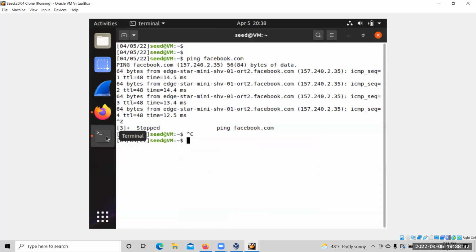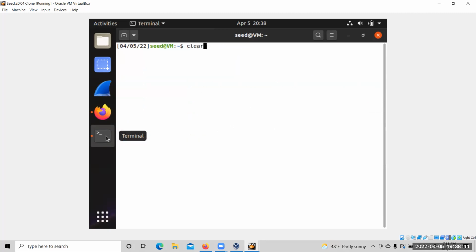So now let's think about again the rule. So where are we going to put this rule now? What do you guys think? Output, right? In this case, because it's going from this machine to Facebook. All right, so I'm going to go ahead again. I check that there's nothing on there. Okay, so I'm going to do the rule sudo